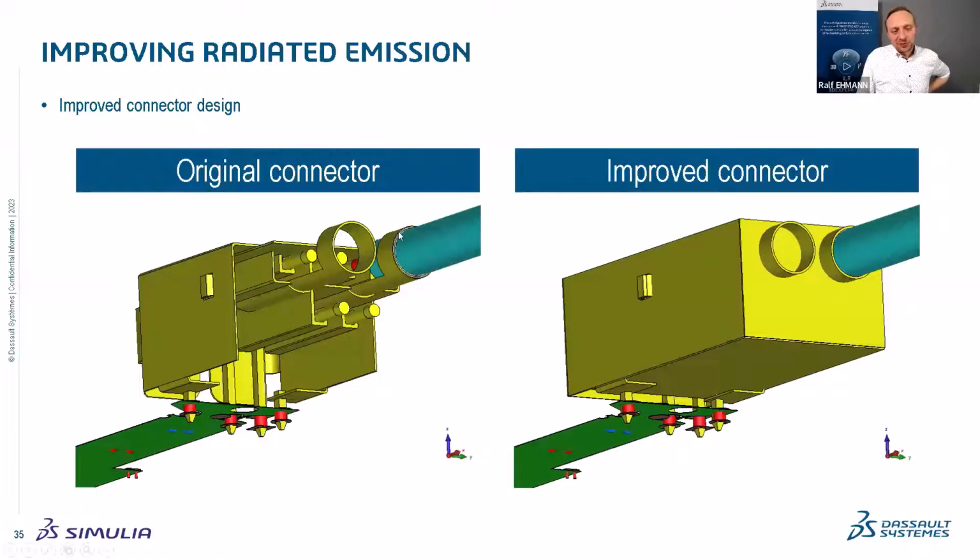So this connection is basically a strain relief connection, which I use to connect the shield to it. And that's not good enough. There is a lot of field leakage in this region. So I took, let's say, the brute force approach. I closed the connector completely. I closed this hole. I made a 360-degree connection over here. I cannot close the bottom here because, of course, the pins have to go through there. But I have a much tighter sealing around the transition from the connector to the cable than I had